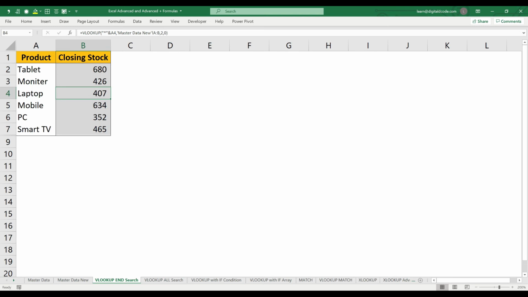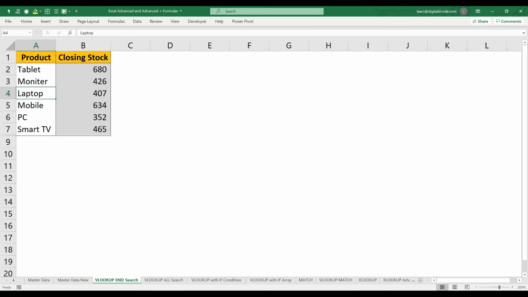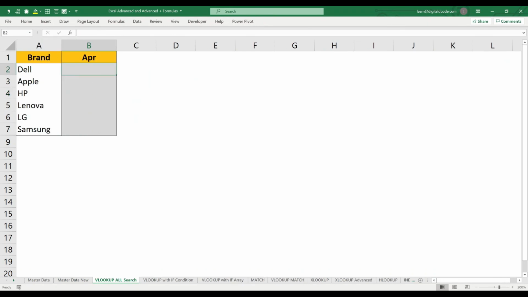So how will it match? It will pick the data from the lookup value, then it will go to master data. It will check whether the value comes at the end. If the value comes at the end, then you will get the result. Hope you understood. Now we are going to look at VLOOKUP with all search, which will search the lookup value